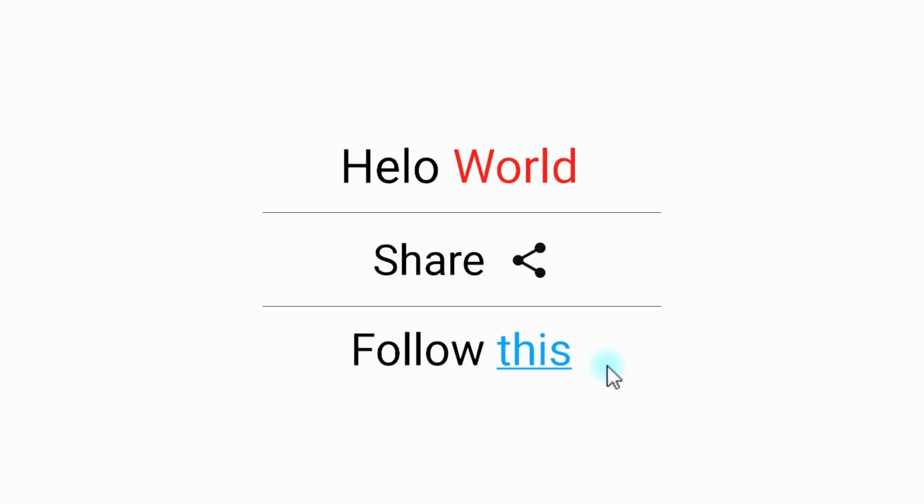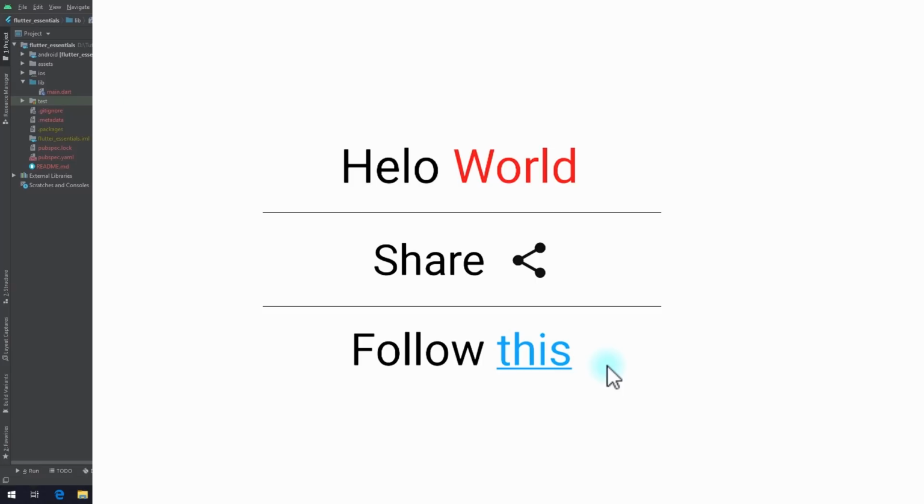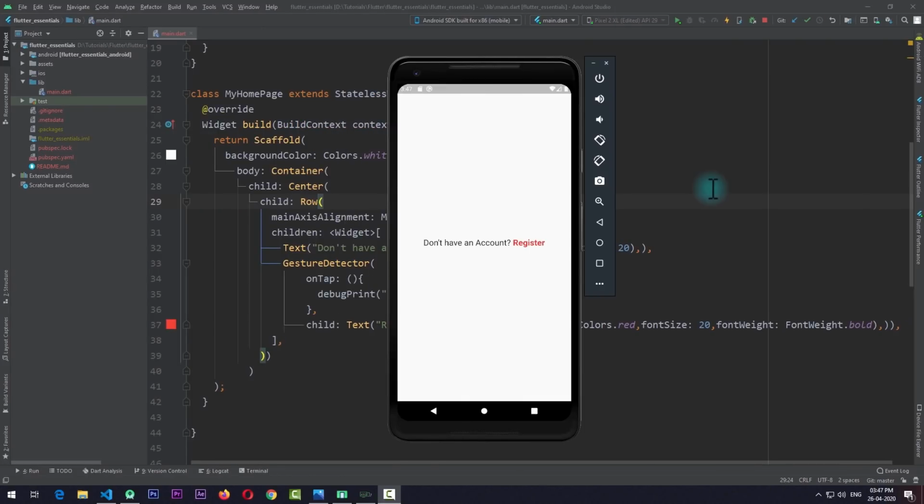Well, as you all know, Flutter takes UI pretty seriously, and it gives us an awesome widget called RichText. So let's take an in-depth look at RichText and how you can use it in your own Flutter apps. In this tutorial, we'll be taking a look at something like this, which you might have seen on the login screen of certain apps. At this point, I have used a row to create this, but instead we'll be using a